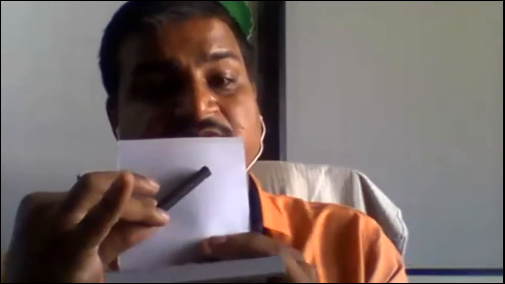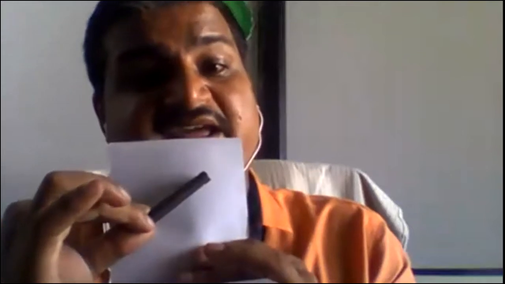VP को पैरेलल है, लेकिन इट मीन्स इट विल नॉट कट द VP, बट इट कैन कट HP व्हेन वी विल एक्सटेंड. ये जो लाइन है, ये अगर मैंने नीचे की तरफ बढ़ाई तो HP को कट कर सकती है. Okay, means it is inclined to HP and parallel to VP. Now you can see that in front view, you can see the original length of this line. जब ये लाइन पैरेलल टू VP होती है और इंक्लाइंड टू HP होती है, तो उसकी ओरिजिनल लेंथ आपको फ्रंट व्यू में दिखाई देती है.